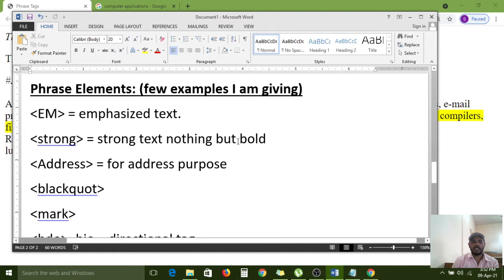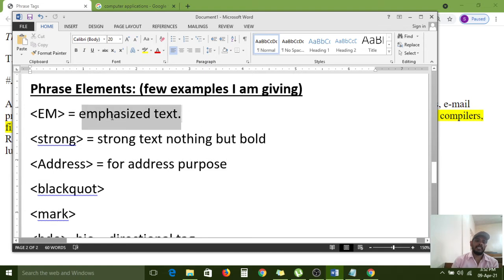In the previous class, in the text formatting tags, we had the B tag, with opening and closing tags, used for bolding text. Here also, the strong tag works like the bold tag, so it is equal to bold.